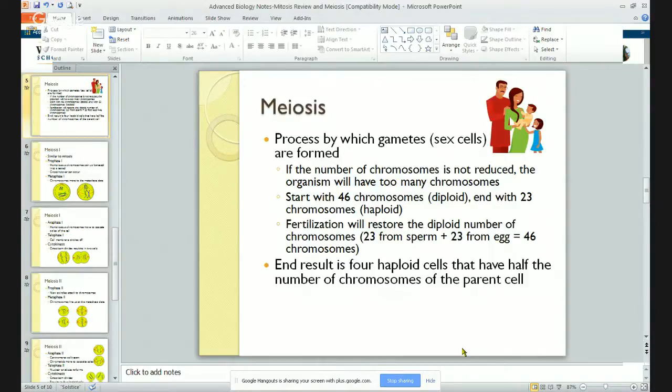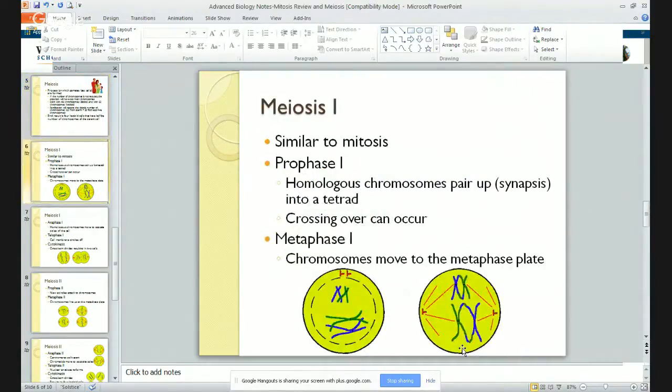So it'll kind of help you in both. But like I told you earlier, meiosis involves 2 different cycles of division. The first round is called meiosis 1. The second round will be called meiosis 2. They're both similar to mitosis, but